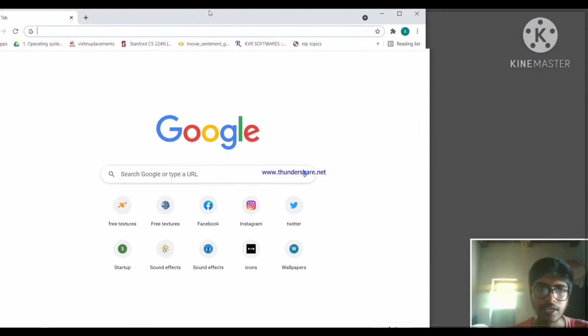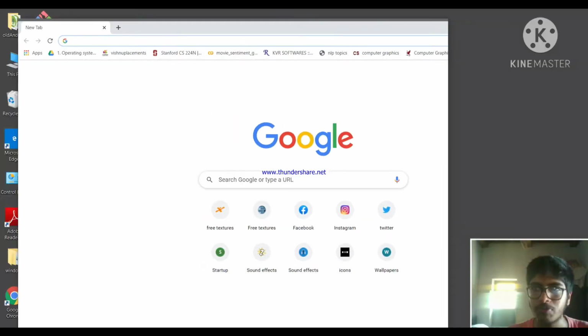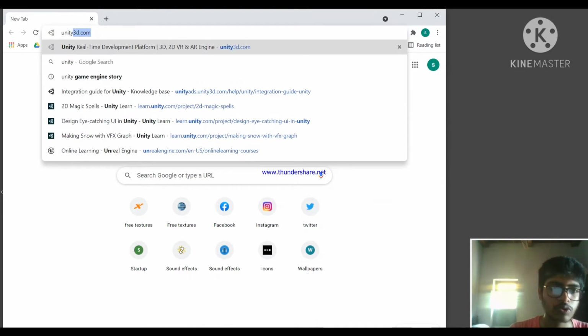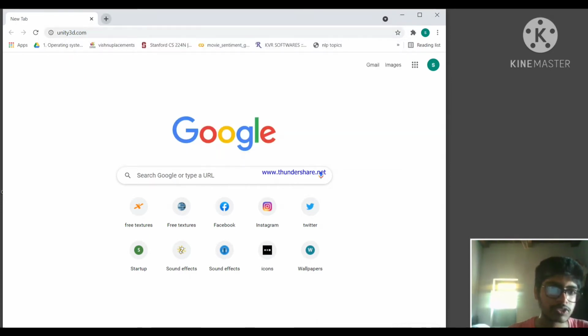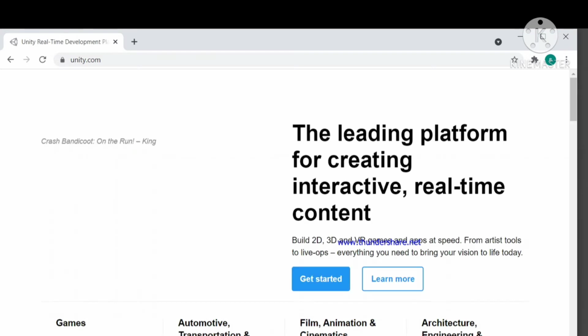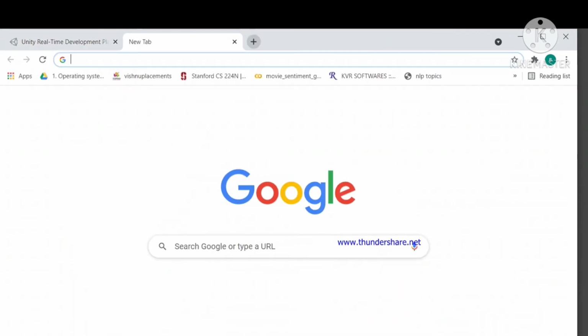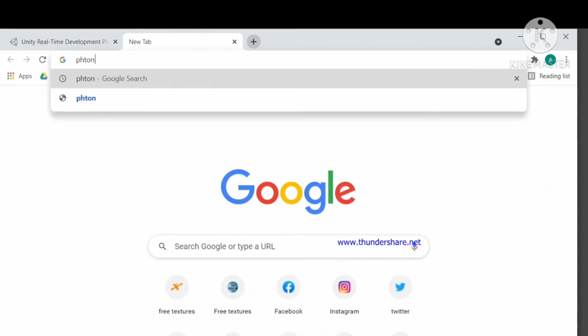So as I said, we'll be using the Unity game engine. If you don't know how to download Unity, you can just go to unity3d.com and download Unity. And there are so many tutorials on YouTube on how to download Unity, so I'll not be getting into that. And the next thing we're going to use is Photon